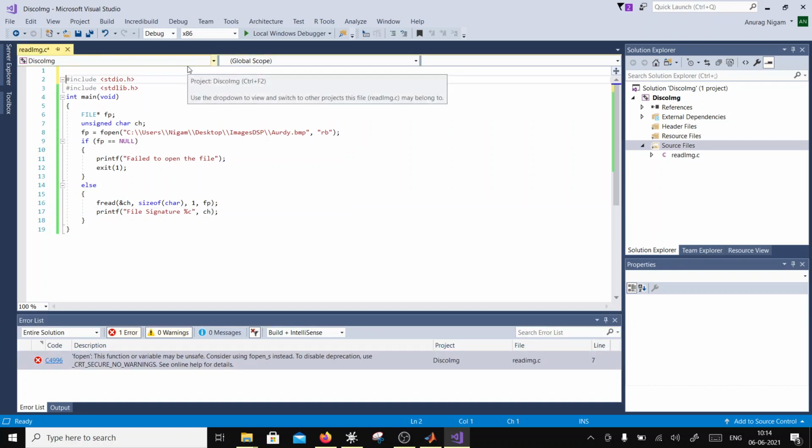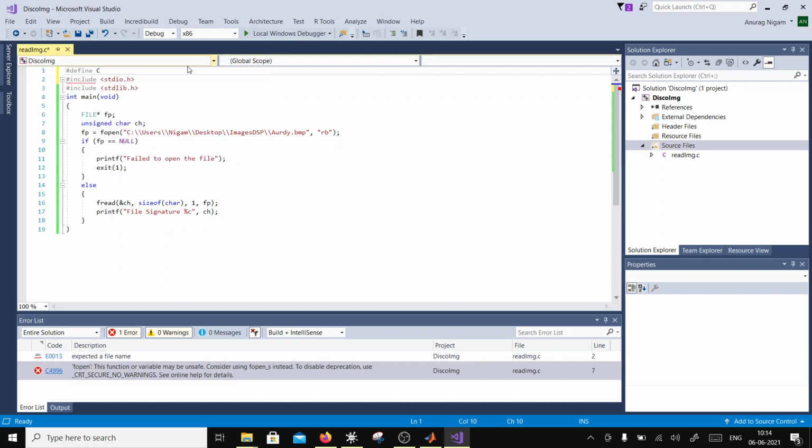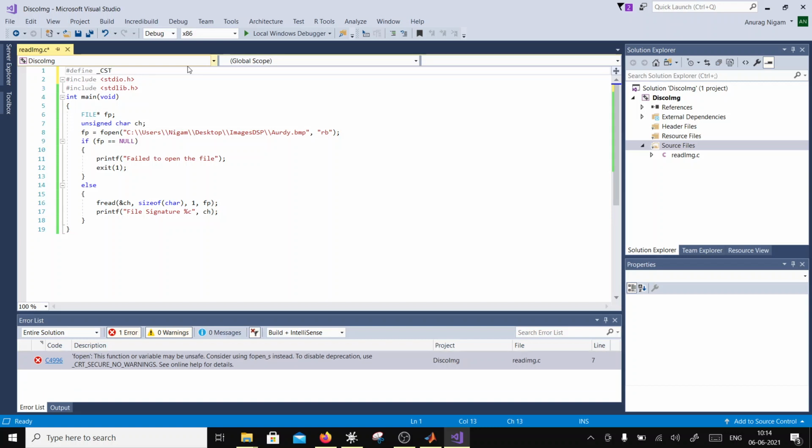So I have to define here #define this variable, which is _CRT_SECURE_NO_WARNINGS.